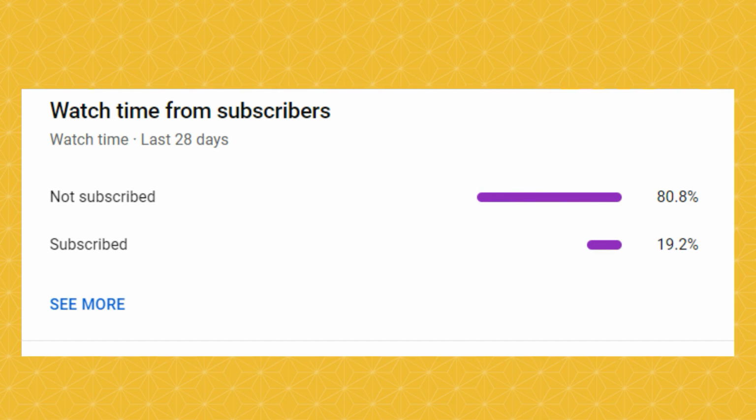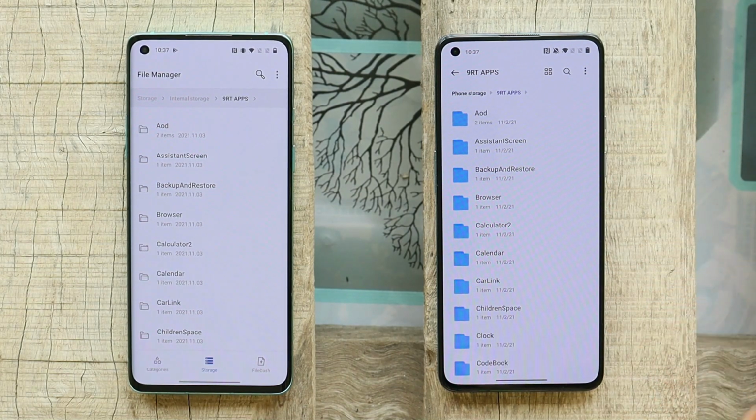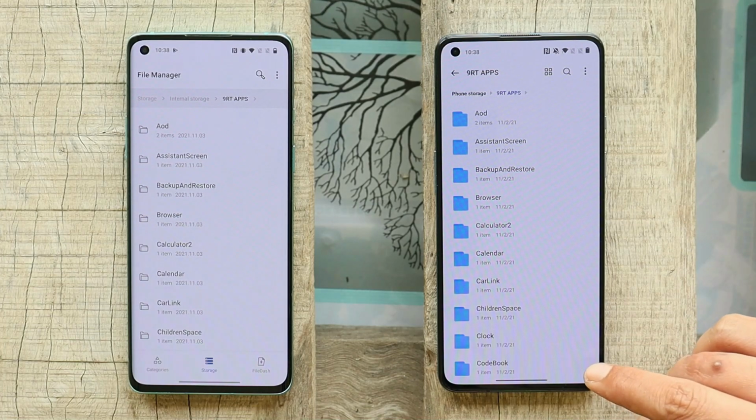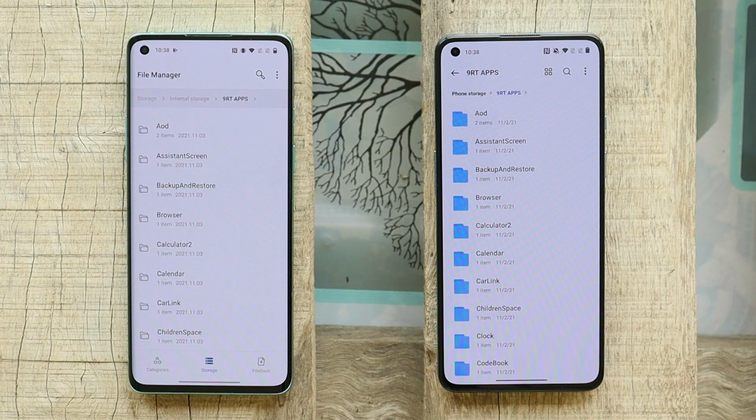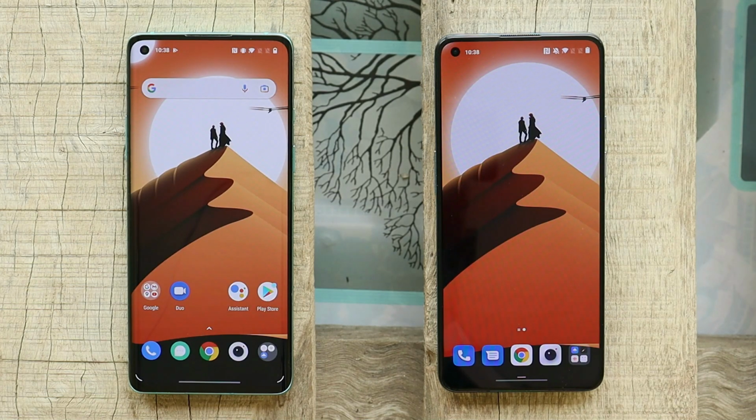So here you can see I've extracted all the applications from the OnePlus 9 RT firmware. I tried out almost all the applications on my OxygenOS 12 which is installed on OnePlus 9 and also on OxygenOS 11 which is installed on OnePlus 8. Though most of the applications did not work out, because currently OnePlus 9 RT is only for the Chinese region, and there we get to see 90% of Oppo applications. We are not exactly sure about the release date of OnePlus 9 RT in India. So once it is out or we have any information about it, we'll share with you guys.